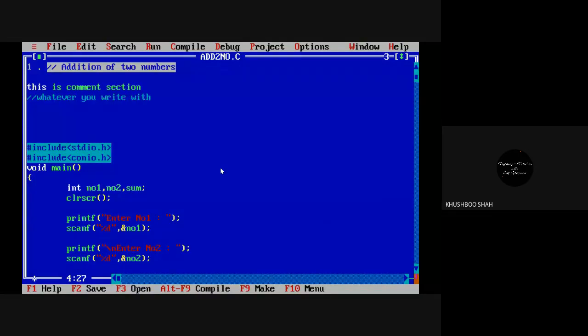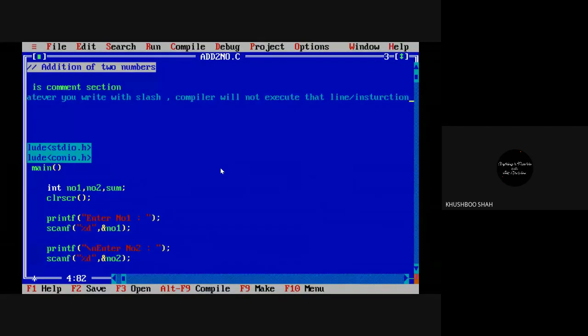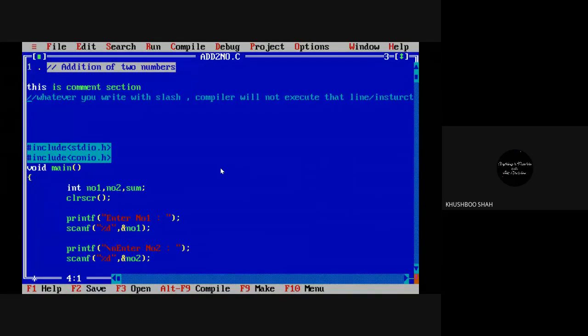Whatever you write with two slash, the compiler will not execute that line or instruction. So two slash, or a double slash, is used to give the command to the instruction, and the compiler will not execute it.